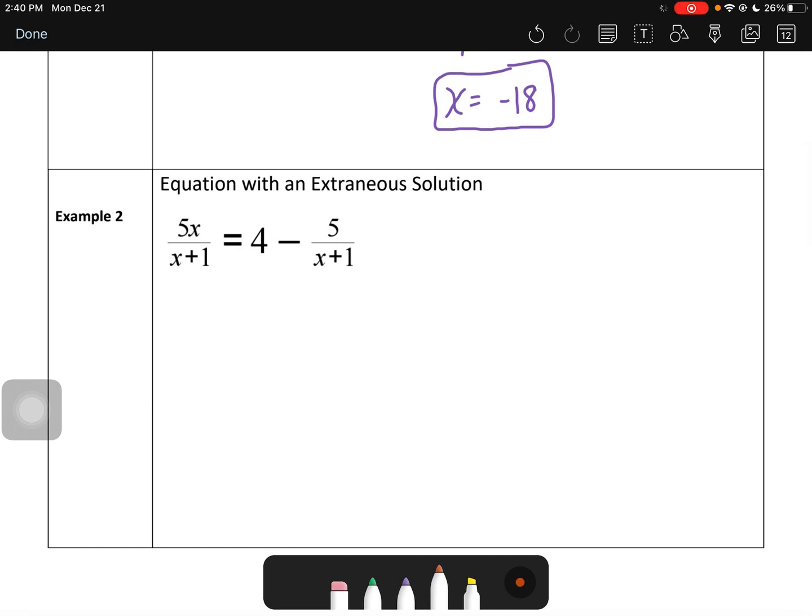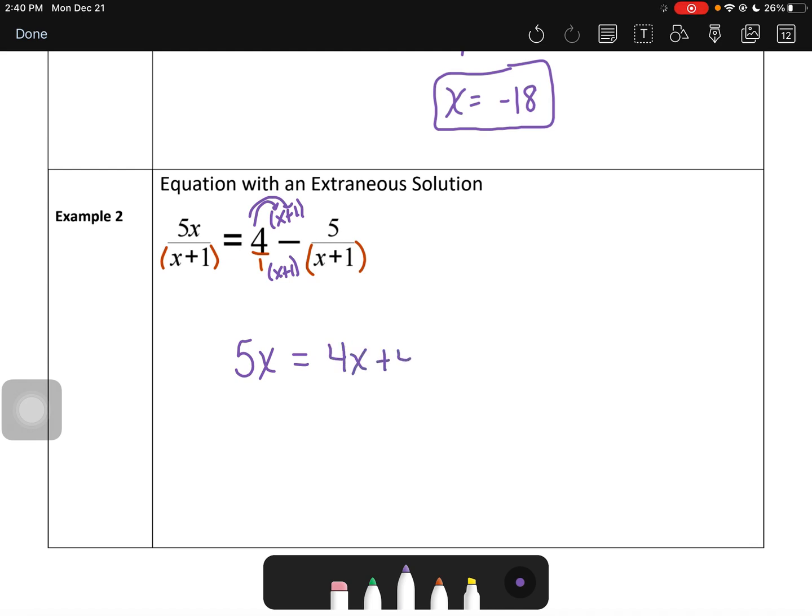In the next example, we can see that we have an x plus 1 in one denominator, and we have an x plus 1. So it looks like we need a denominator of x plus 1. So on our second expression, we're going to multiply both the numerator and denominator by x plus 1. So we already have that. So we have 5x equals. Then we're going to multiply